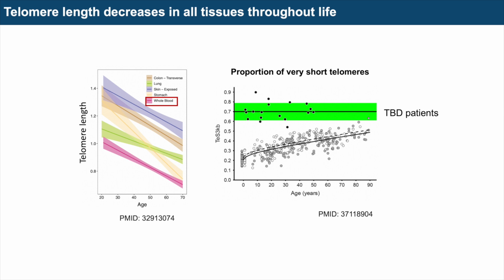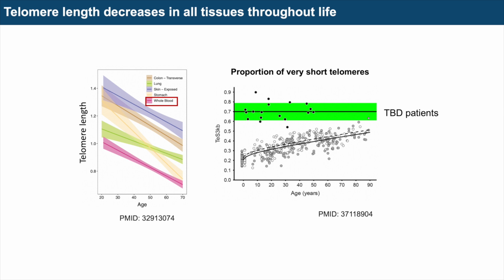It turns out that's true, but this was really one of the first direct evidences that told us that. And so what I'm showing you here is telomere length right here, and the age of the individual. And you can see here that blood telomere length, highlighted in pink, is the shortest of all the organ systems, at least that was surveyed here. And you can see that across the age spectrum, telomere length in the blood steadily declines.